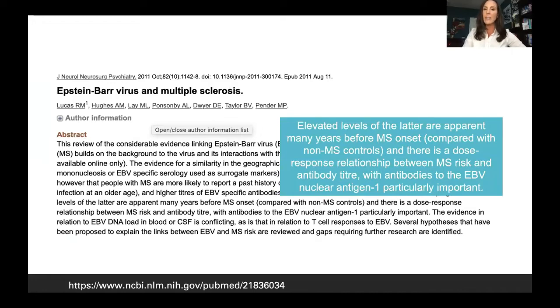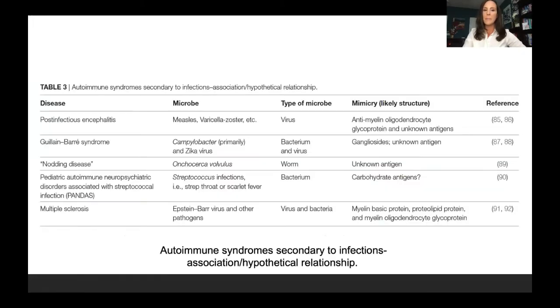So again, a classical autoimmune disease of neuroinflammation that is linked with, maybe not causation, but at least correlation with increased antibody production of Epstein-Barr. And this shows autoimmune syndrome secondary to infectious relationships. So once again, just proving that viruses can contribute to autoimmunity. And we see the microbe, measles, and Zika virus and strep in this case can all cause issues with autoimmune